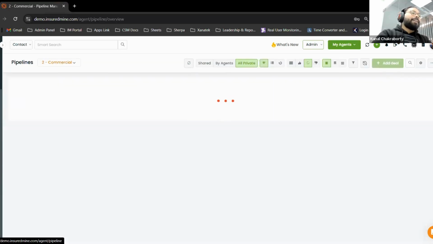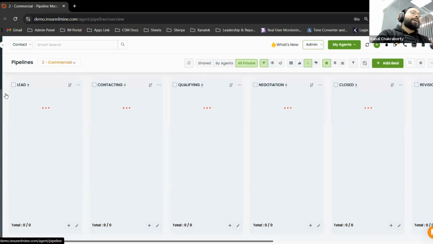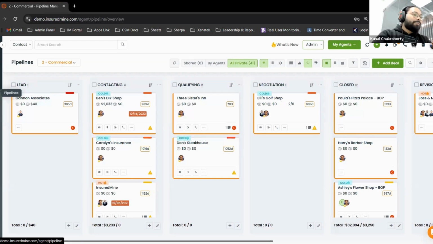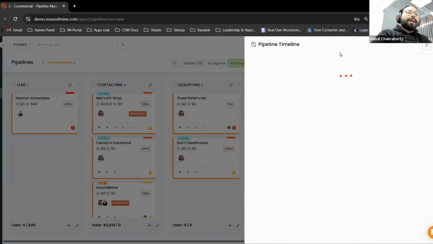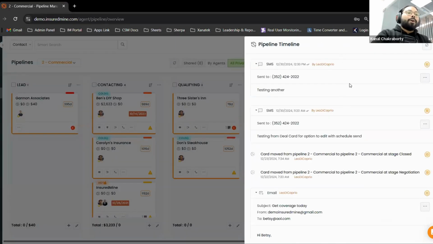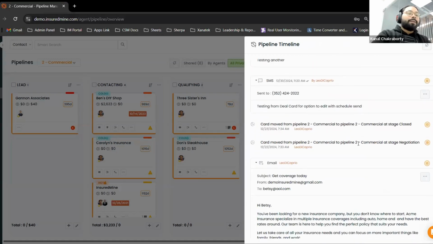To come down to pipeline, you would be able to navigate through the pipeline module, which you would find on the left hand side. And in here, you would be able to locate the pipeline timeline. Where exactly it is located, it would be right beside the filter option on the right hand side. So now you would be able to click on it and review the whole timeline on this particular day as to what has been done throughout on this particular day,